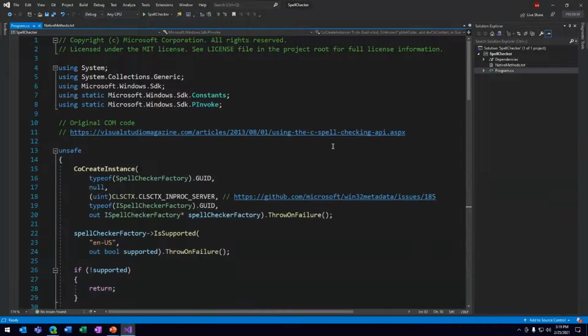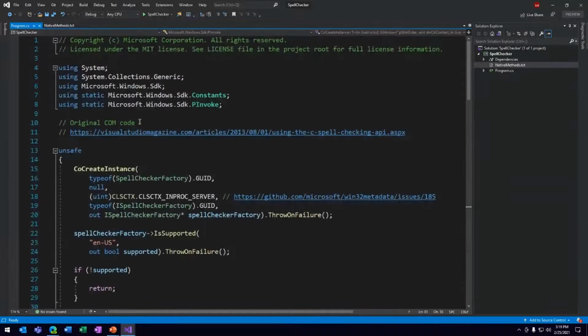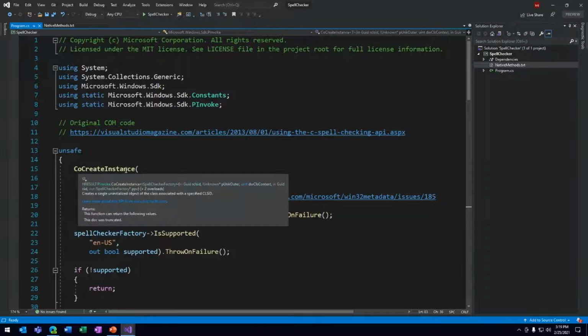So here's the COM code, and using what we learned from the prior example, I have a reference to the C# Win32 NuGet package. I've got native methods.txt, which has the COM APIs that I'm asking for, and additionally some constants that I want to use in my code. And in my code now, again, I'm using static so that my C# code here looks more like